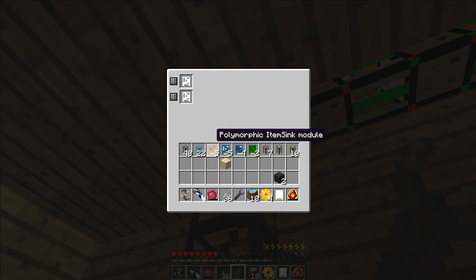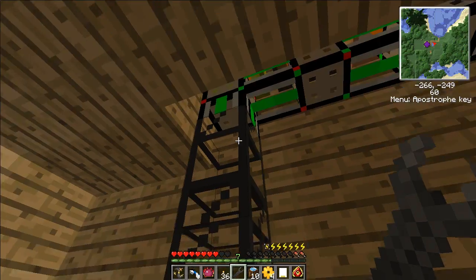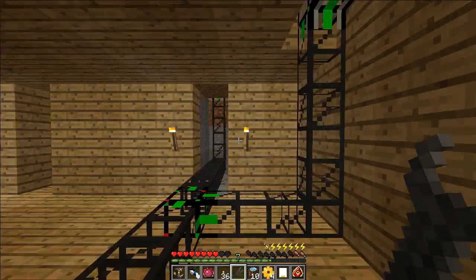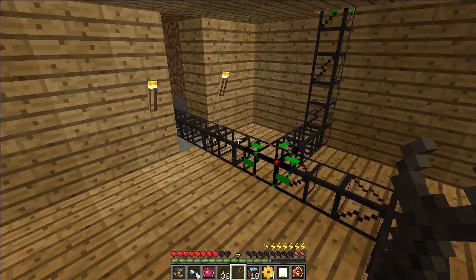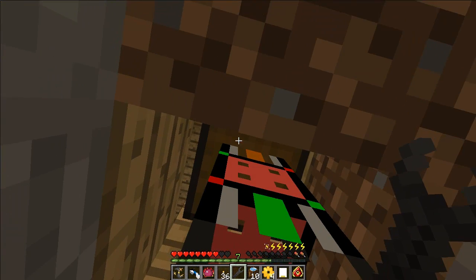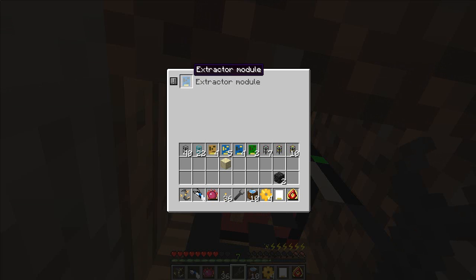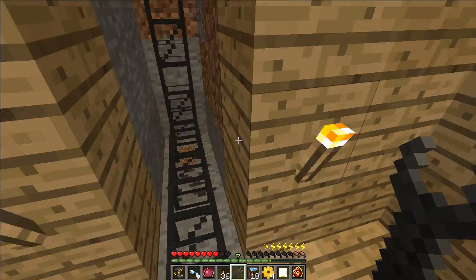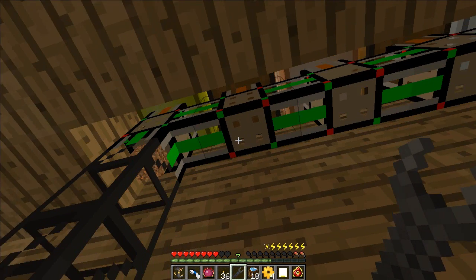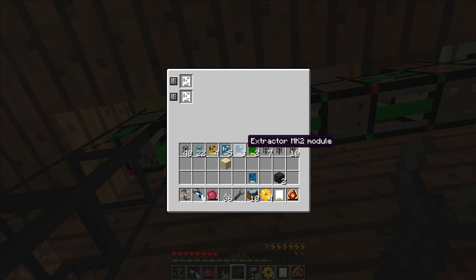So what I'm going to do is in each of them, these polymorphic item sinks took a long time to get. But you see, stuff is flowing into them. There's a bit of wood going up there. And now that is all coming from in here, I believe. Yep, you see it going down there. So that's because it's got an extractor, but I made an extractor MK2 for it, which will bring out one quicker, as you can see. We'll probably replace that with an item sink later on. Not an item sink,